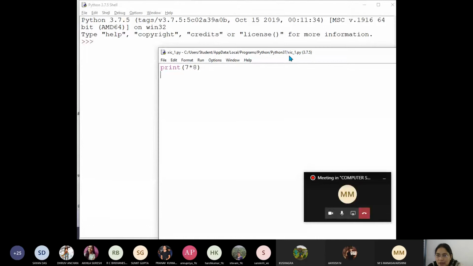Can you read out what the file name is? Harsh, can you read out the file name here? 11c_1 dot, after the dot what is there, ma'am? Manasa, after the dot, what do you see? After the 1 there is a dot, right? After the dot, what is visible to you? P and Y. Yeah, py.